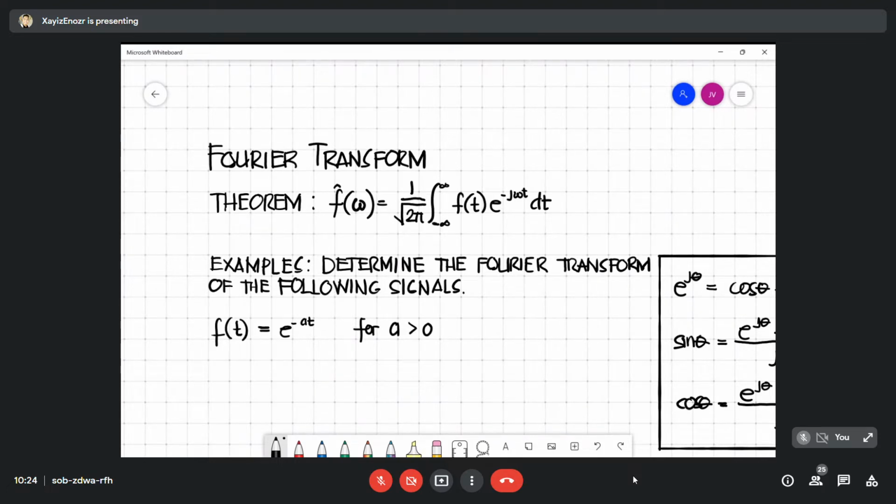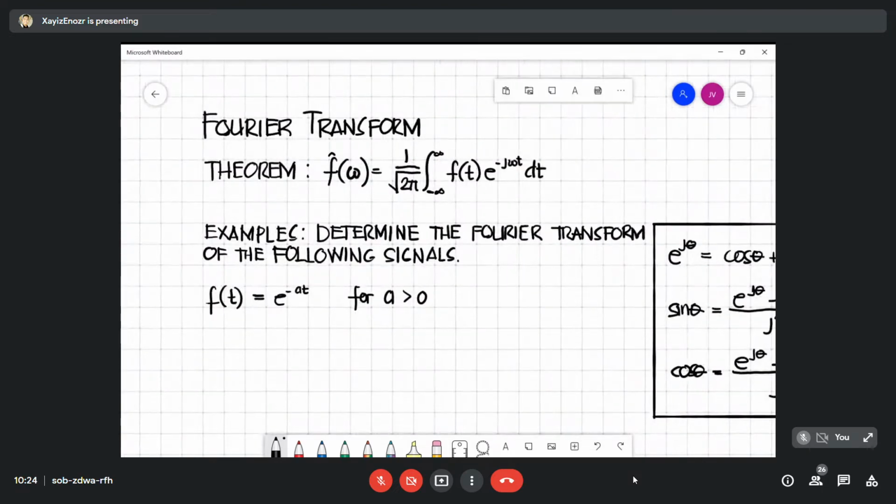So parang ganito lang, may pagkain ka, okay. Ang gagawin mo sa pagkain is hahanapin mo yung recipe or yung process paano nabuo yung pagkain. So ganoon sa Fourier transform. Yung isang signal, okay, tinatransform mo dun sa process or sa component kung paano siya nabuo. That is Fourier transform. Okay, yung theorem niya, okay, so Fourier transform theorem is given by the Fourier transform of